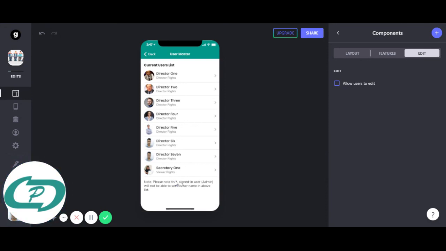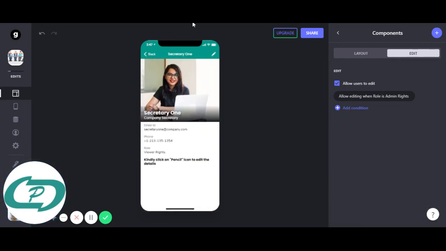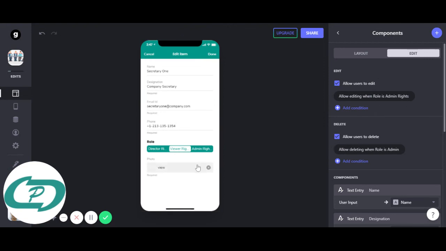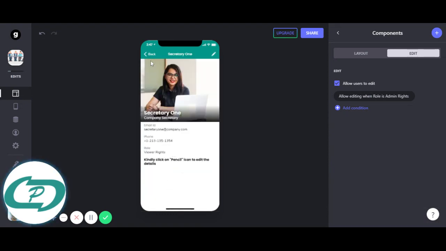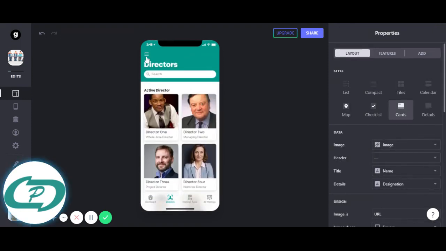Because suppose if I'm an admin and by accident I delete my own profile, then it will be a problem. That is the reason you will not see the signed-in admin name here. So I hope this is clear.